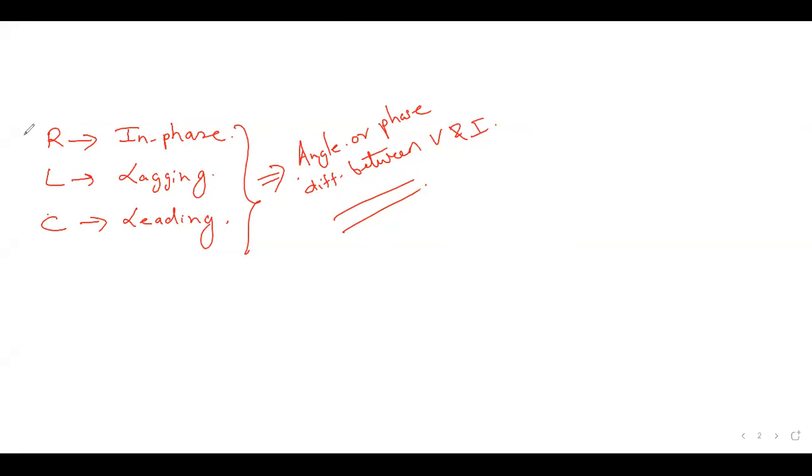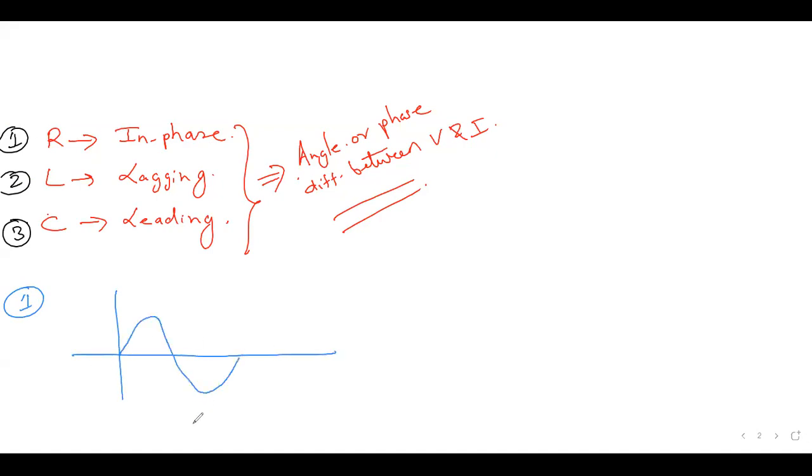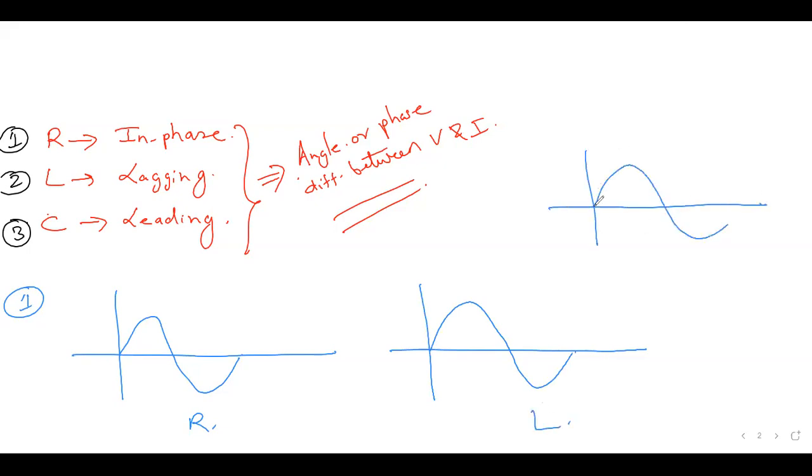If I mark them as 1, 2 and 3, your first behavior is when connected to a resistor we are talking about. This is the inductor, and suppose this is the behavior of a capacitor. So what we are trying to do here is,